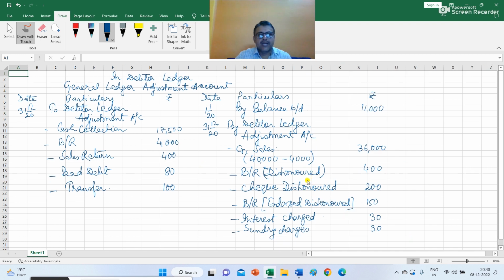Now I am going to find the closing balance of debtors. The total of the credit side is 47,810. So I write here on the debit side also 47,810. And the balance as on 31st December 2020 is rupees